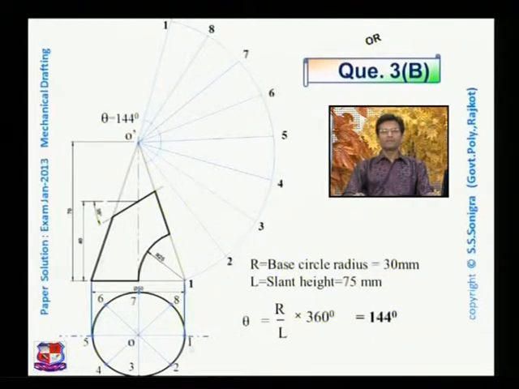Now if this cone is not cut anywhere over here, at here and here, its development would appear like this. If I open its outer surface, this would be the appearance of the developed portion. But here this cone is cut here at an angle of 30 degree and here with arc 25 mm. So how to locate all these points in this developed portion?